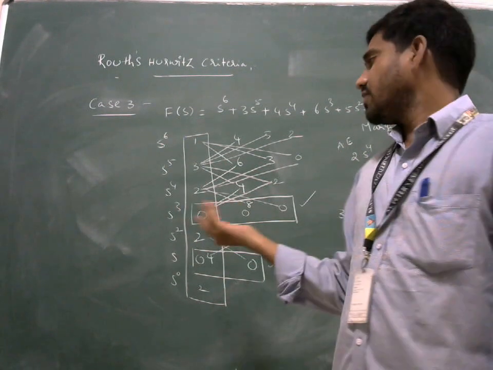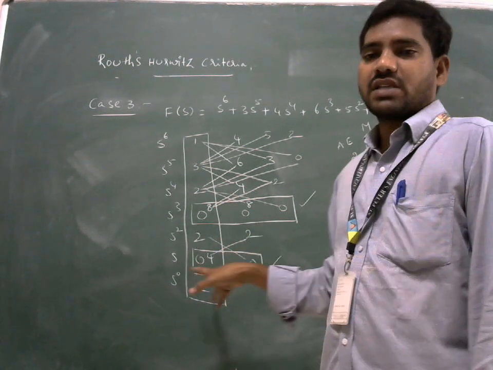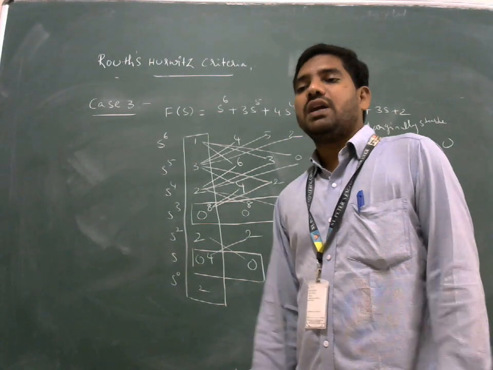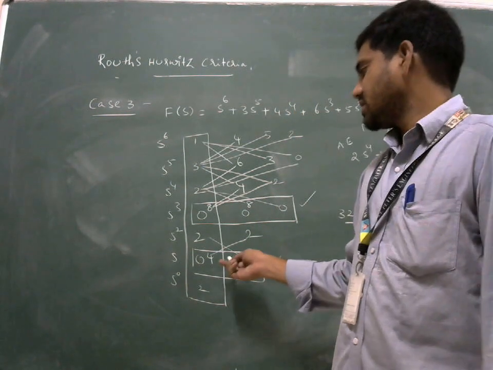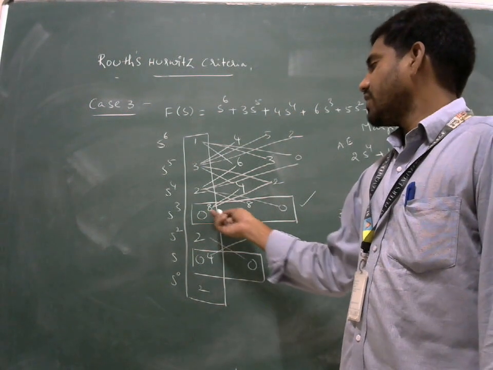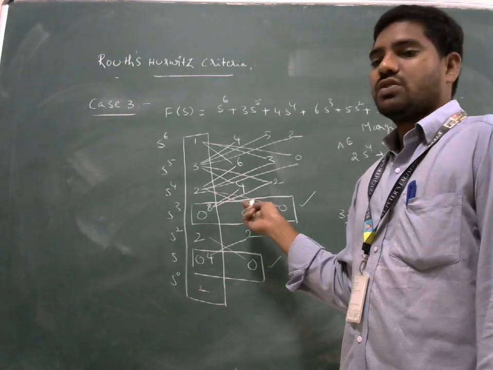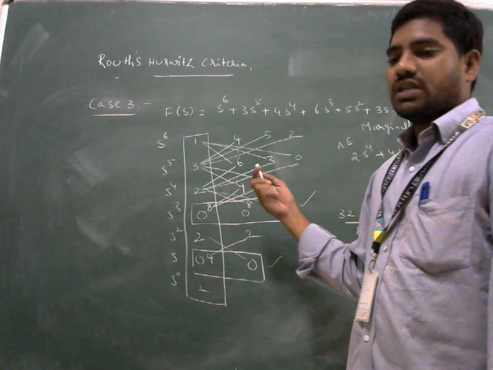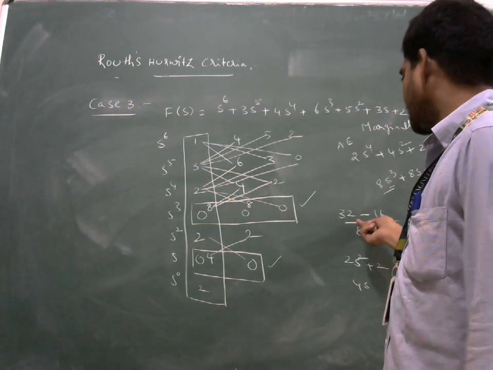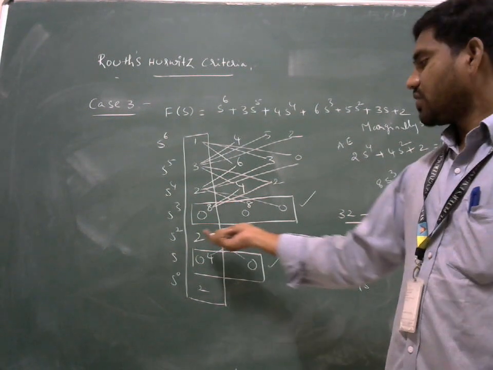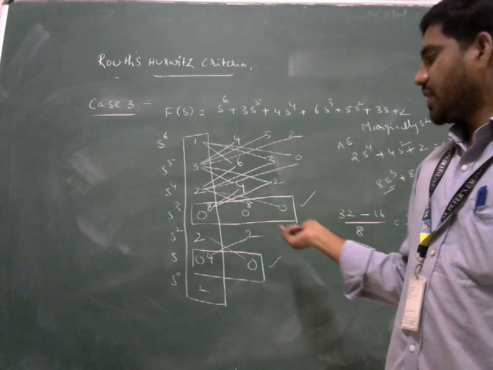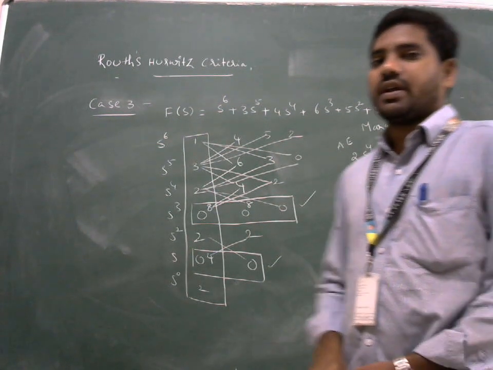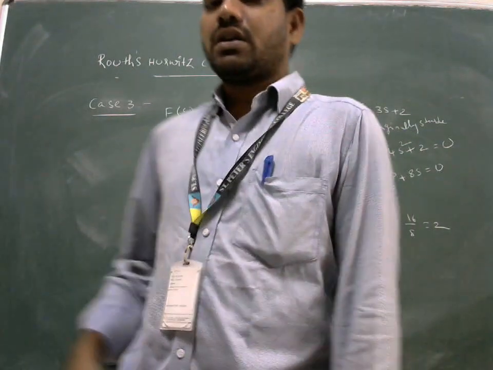It depends. We may get two auxiliary equations, but in most of the problems we are going to get only one auxiliary equation. The auxiliary equation is written wherever you get a complete row of zeros: above that particular row we write down the auxiliary equation, then apply the differential equation, and then write the remaining values directly, and we do the same thing. Thank you. This is the Routh-Hurwitz criterion.